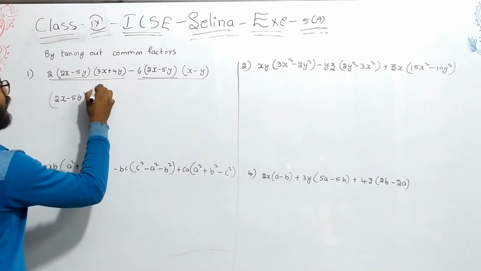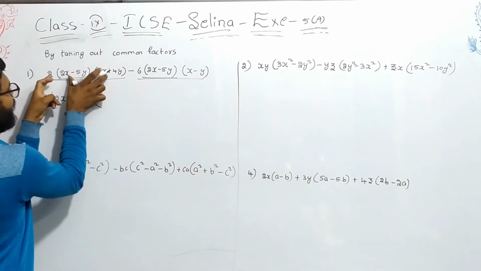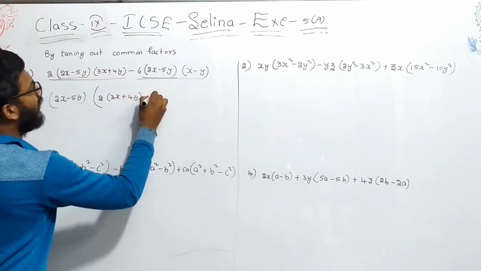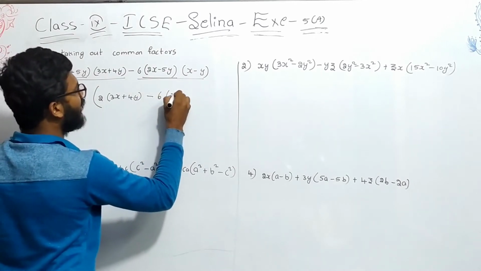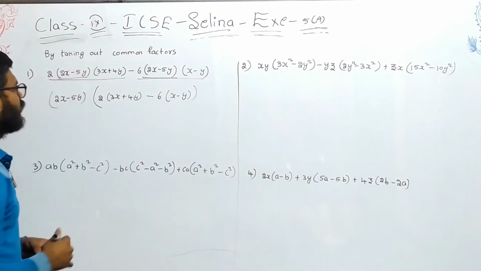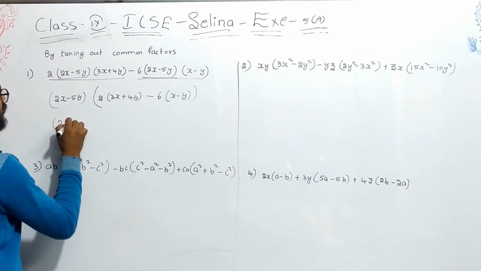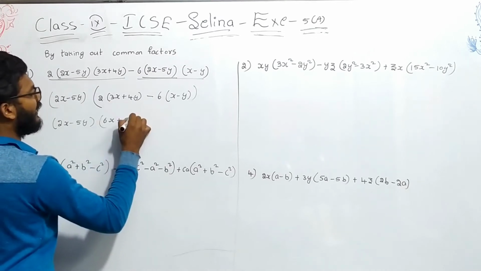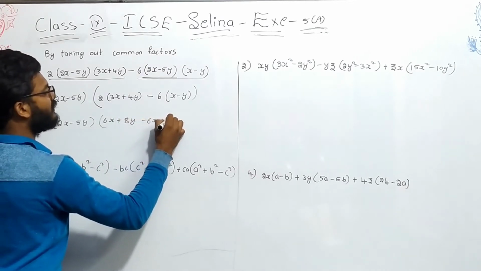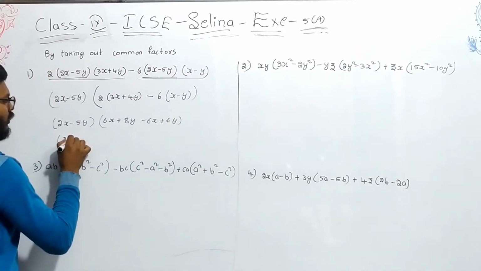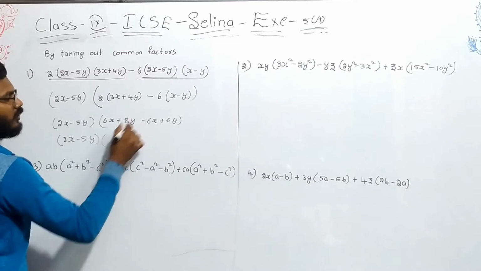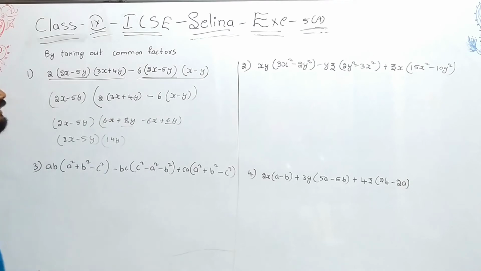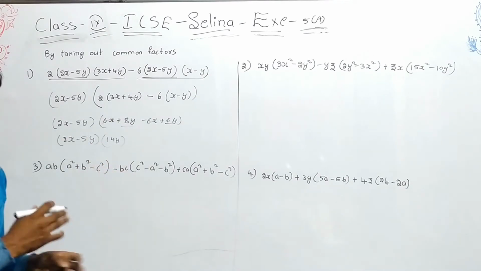After taking out the common factor, add a bracket and write the leftover things in the first term. So 2 into 3x plus 4y, minus the leftover things in the second one, x into x minus, again bracket close. Now you can write it as 2x minus 5y into 2 3 are 6x plus 4 8y minus 6x plus 6y, right? So you'll get 2x minus 5y into 8y plus 6y, which is 14y, as 6x and 6x will get cancelled. So this is how we have to factorize.